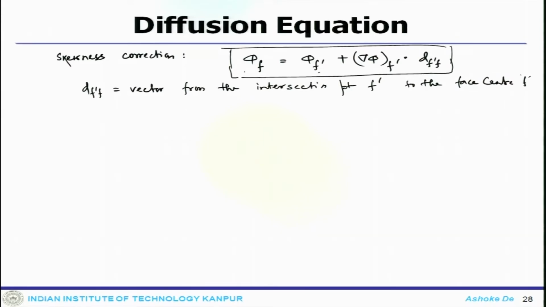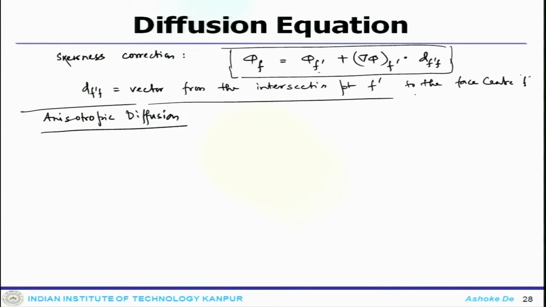Now, moving ahead, we may look at one more important topic, anisotropic diffusion. We have done some discussion on this when we looked at the variation of the diffusion coefficient gamma over space and cell to cell. When there is a variation, we have looked at it, but now we are looking at it in more detail.